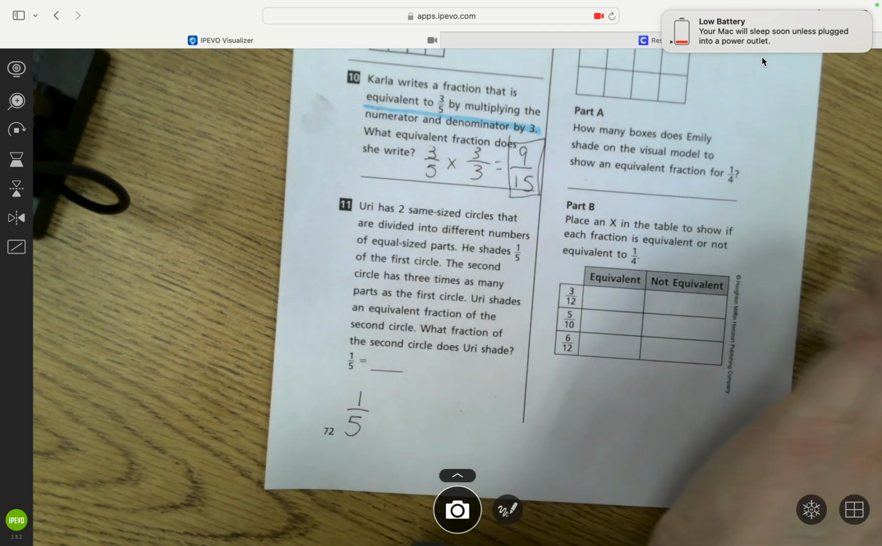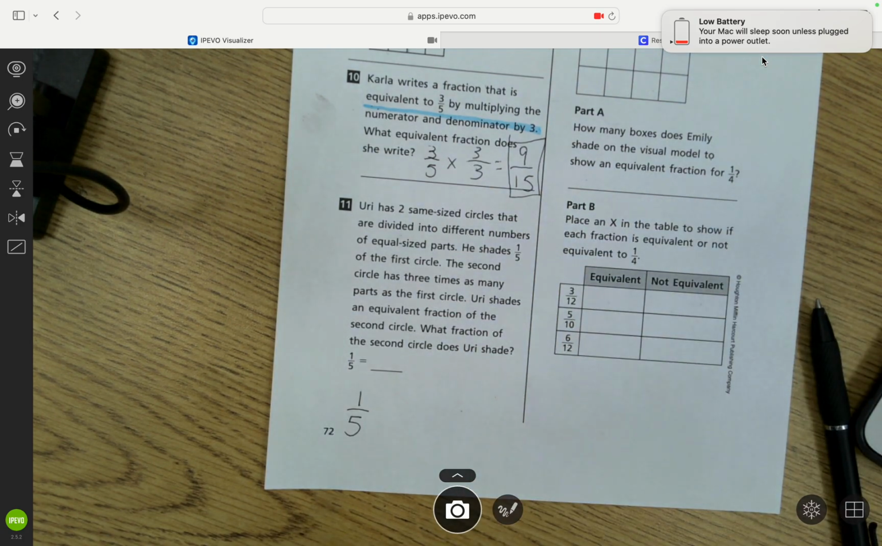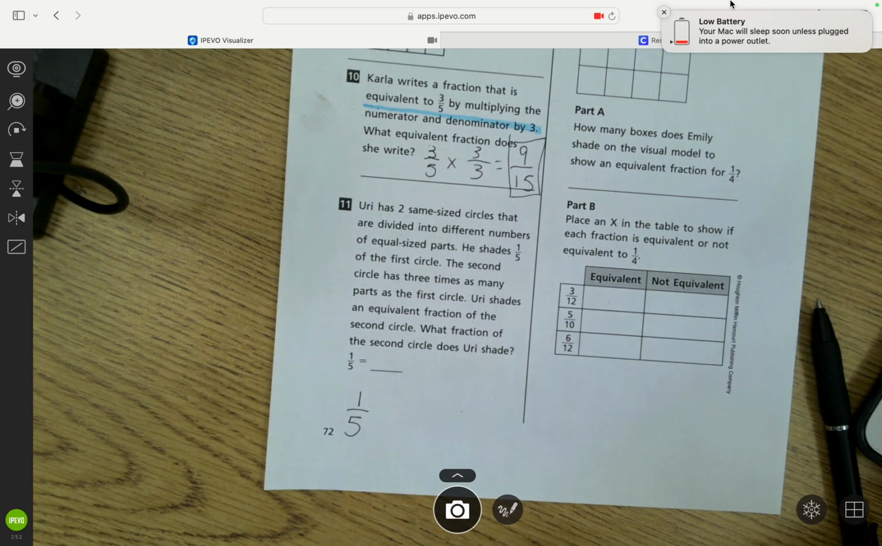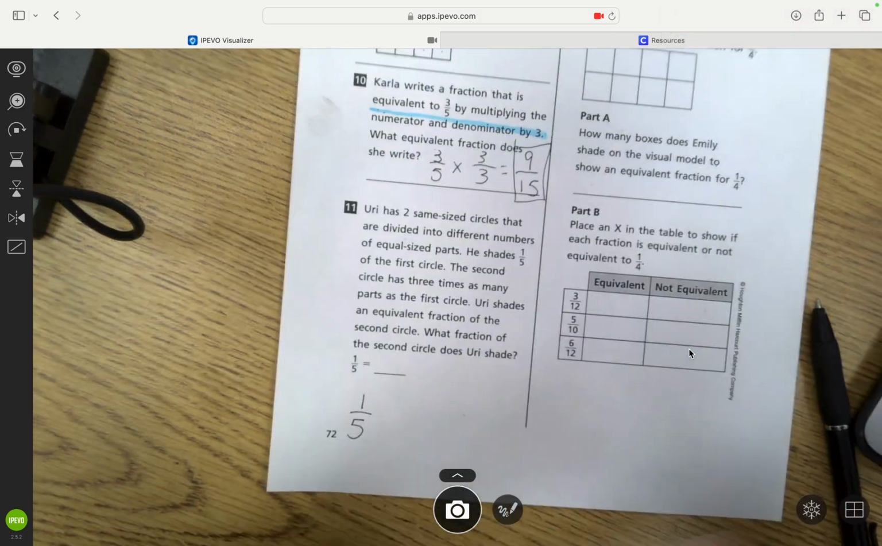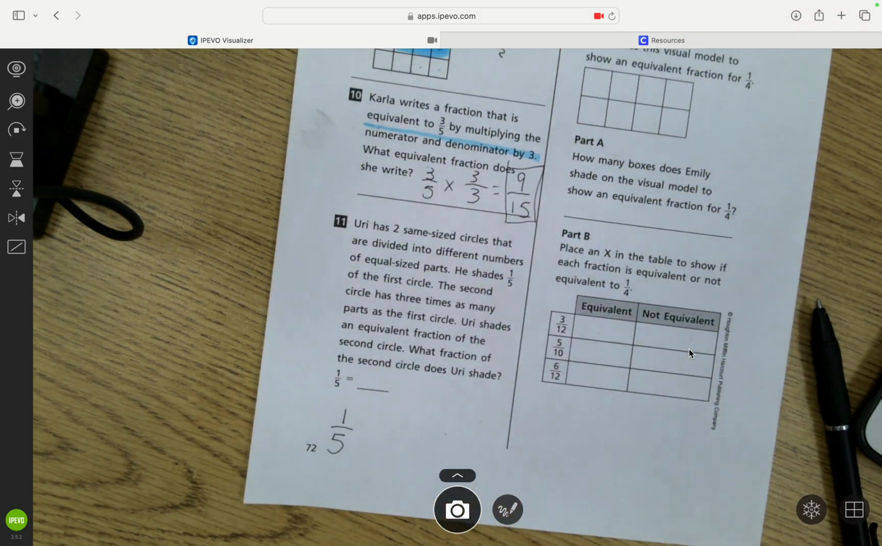Oh, my battery's gonna die. Oop, I gotta charge. I thought you were about to say that. The video was over. Oh gosh, I hope it is. It's recording. Whew. Remember last time? Yeah. Okay. Okay, so